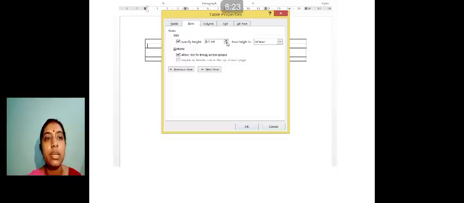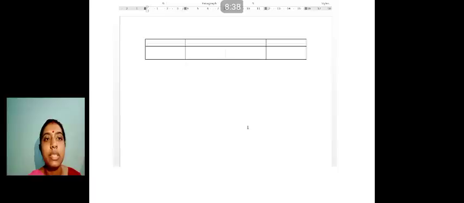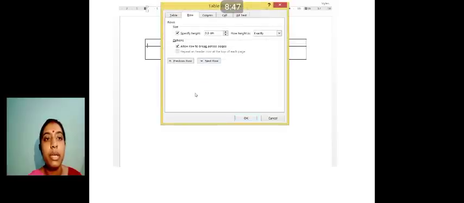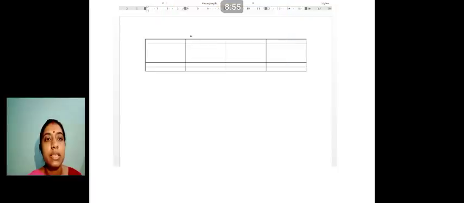Right now it was 0 centimeter, it is 0.1, so it is less. According to that, and At least or Exactly, depends on your requirement. Clear? So whatever is done, see, on that one I have selected 0.3 centimeter. See, it is decreased. Yes. Now similarly, if I want to do it again, I have to go to Table Properties. Now I am increasing. Yes. Now it is 1.6 centimeter. Now let's see. Can you see now? Clear? Yes. I hope this part is clear to everyone.